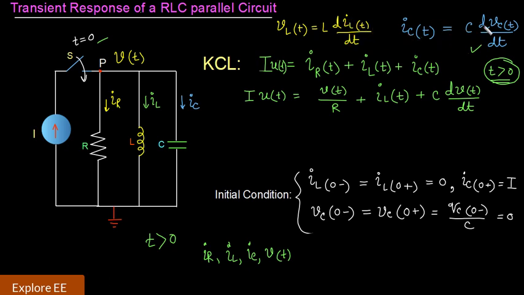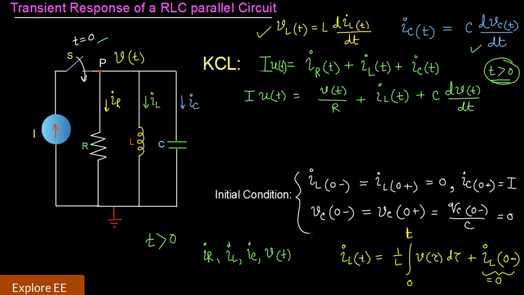Current through the capacitor is given by C times the time derivative of the voltage across it. So to eliminate this iL(t) term, let us use this relation vL(t) equal to L times diL/dt. So we can write iL(t), that is the inductor current, as 1 upon L times the time integral of voltage, where tau is the dummy variable, the limit of integration is 0 to t, and there is some additional term iL(0 minus), that is the initial inductor current, if any. For an initially relaxed system, this iL(0 minus) is equal to 0. We have already stated that.